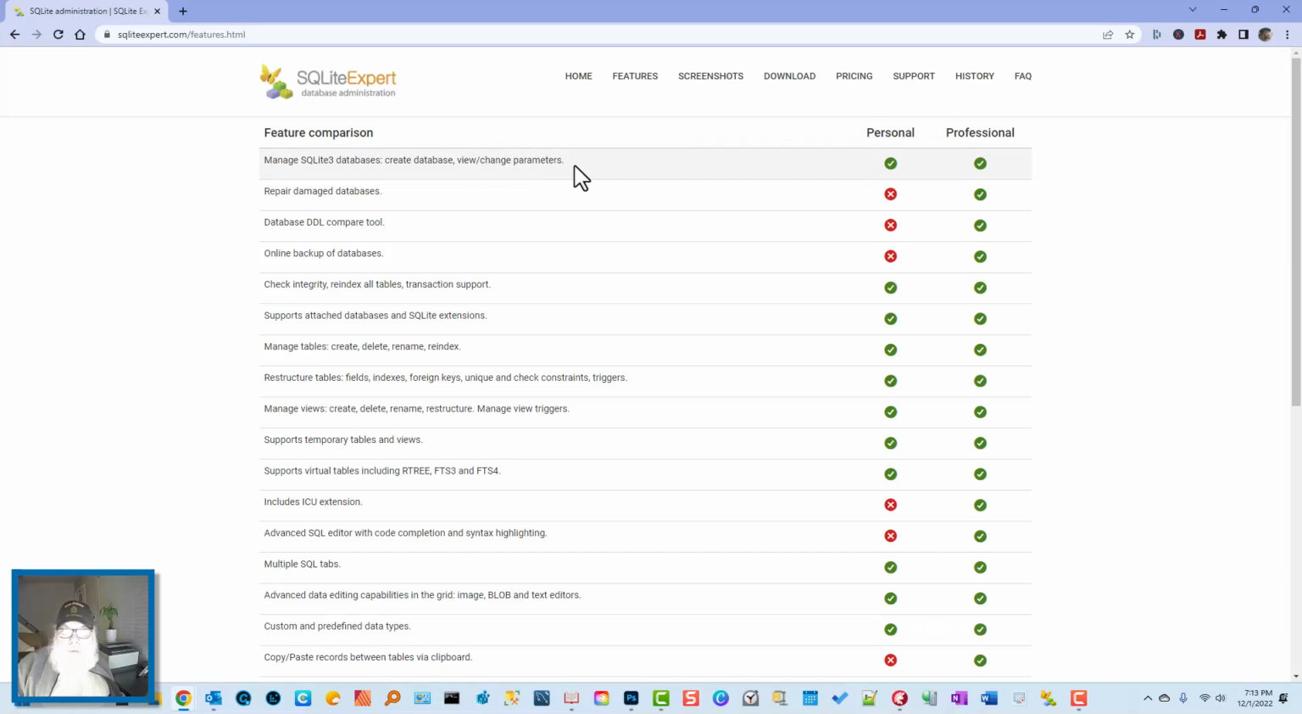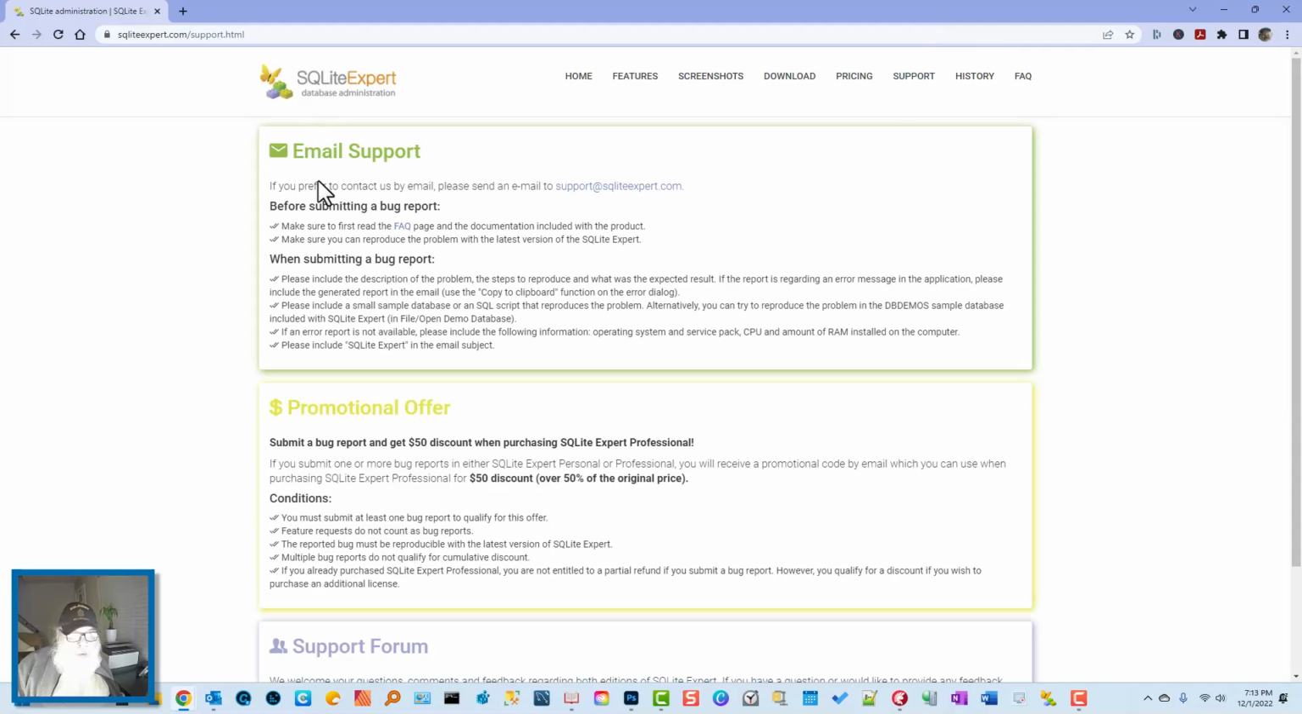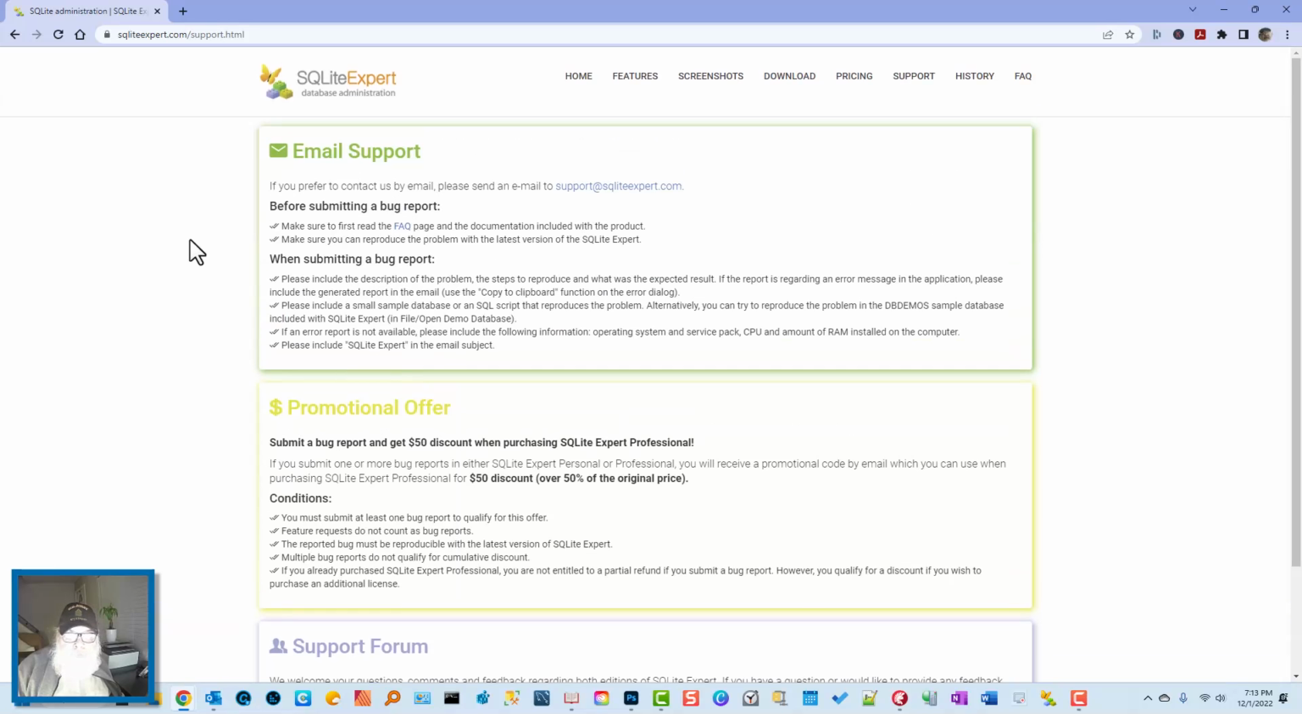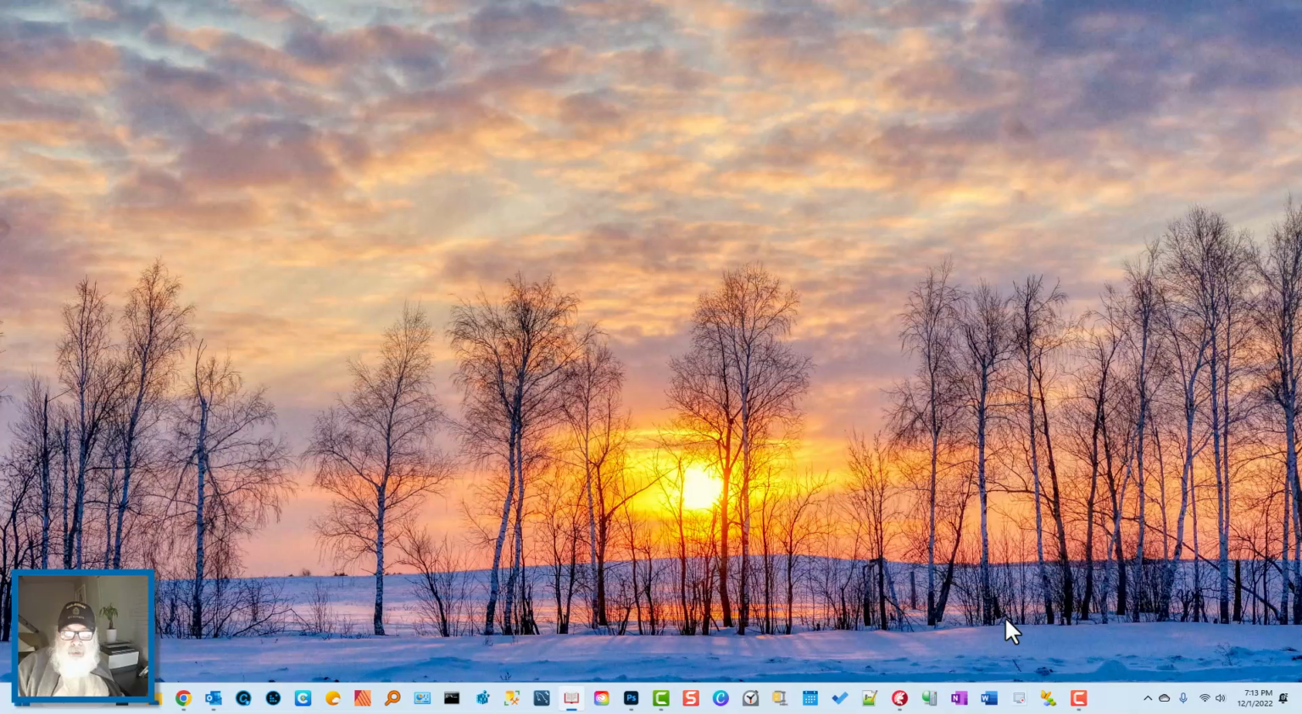And they have a support forum. You can use email support. Here's that promotional offer, and then the support forum. You have to email them for a registration login. That's easy enough. So let's minimize this, and let's fire up